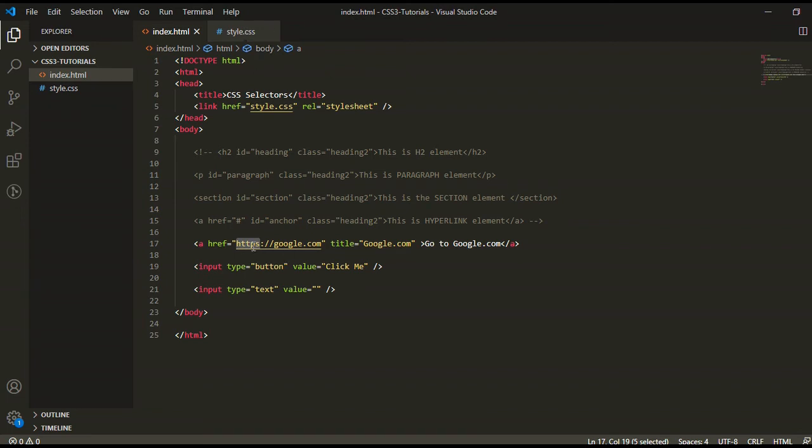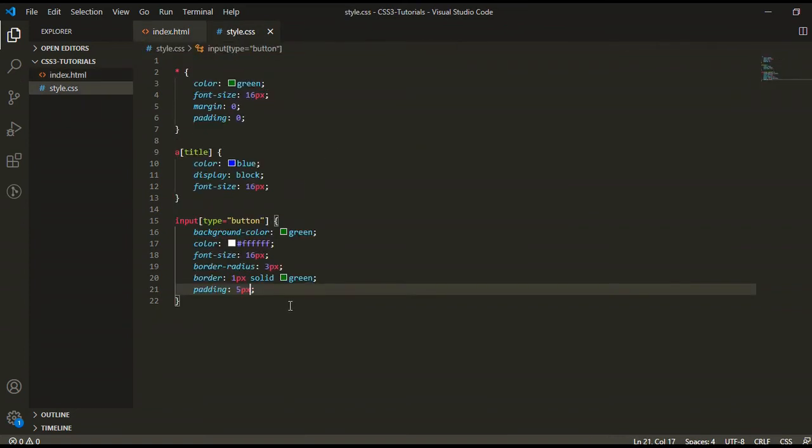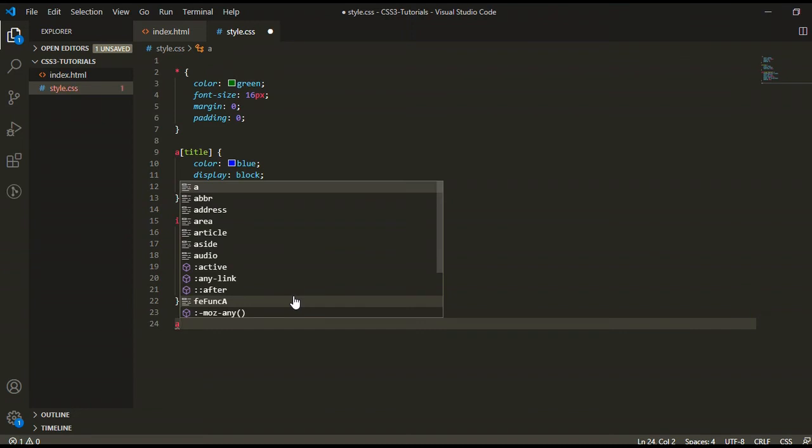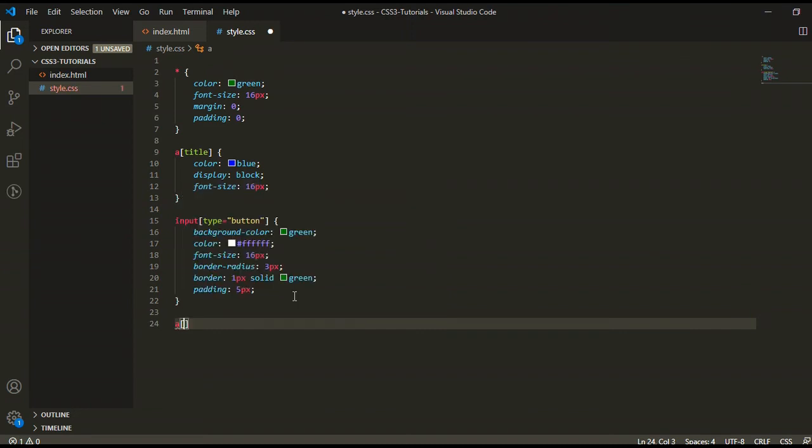So let's see how we will select this anchor tag. First element name, square bracket, and the attribute name is href.